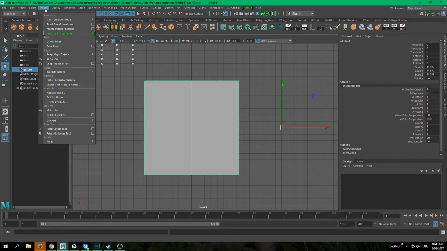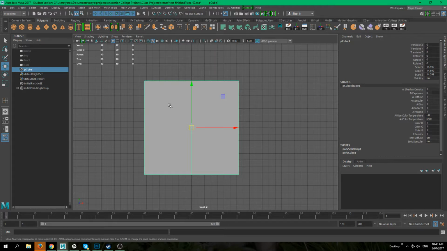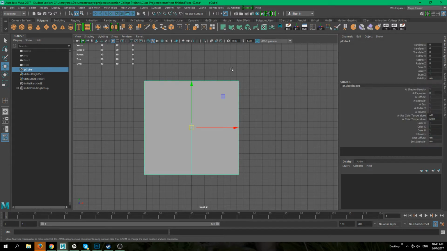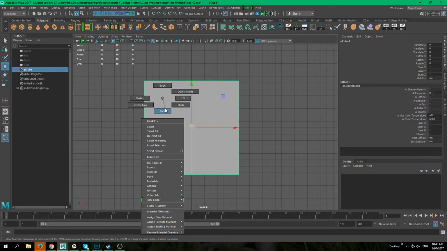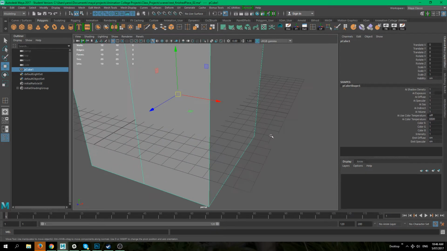So for that, we can go to Modify, and we'll find Center Pivot, and I recommend putting this onto your shelf. So I have it here. This is what it looks like as an icon. And if you click on it, it will bring our pivot point back to where it was before. So from here, I can say that I'm happy with this object. I can freeze my transformations. I can get rid of the history. And I also want to get rid of,